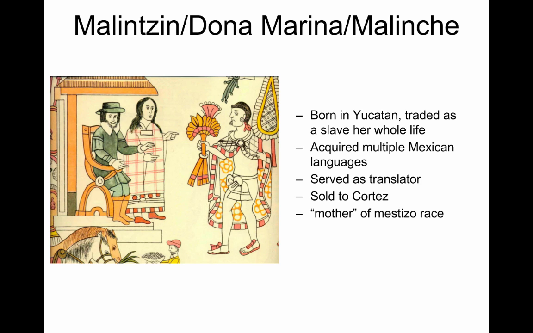In the process of this, and as she's traded, she moves from Cancun in Mexico eventually to the coast of Mexico near Veracruz. She ends up learning a lot of different languages as she lives in many communities, and this is why when Cortez learns of her, he immediately scrambles to buy her because a multilinguistic person is so important to this endeavor. She's sold to Cortez, and she eventually has a child with